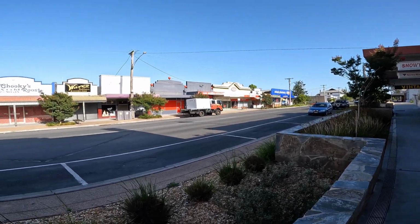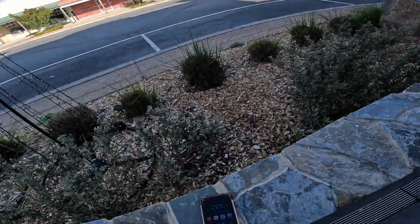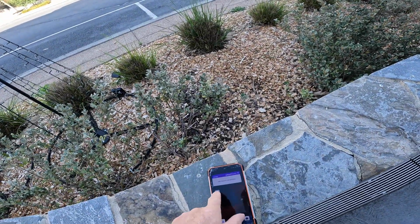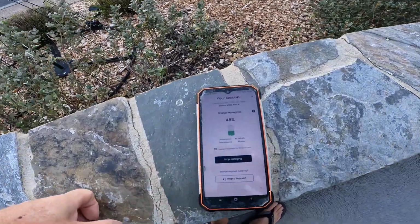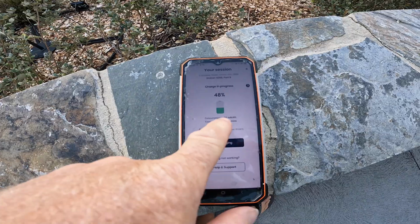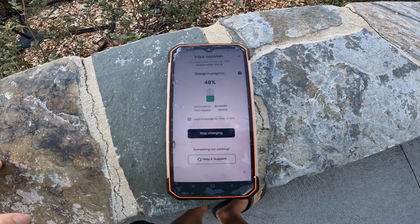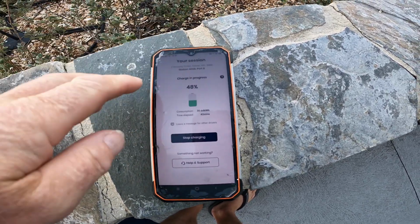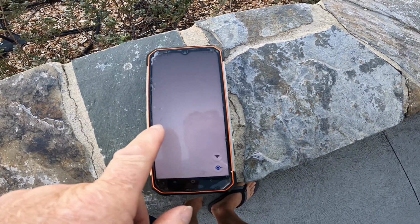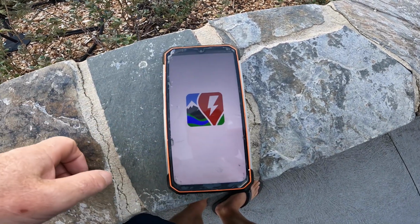I'll get the phone out and have a look here. So we're on ChargeFox. That's the only other thing you sort of got to remember, who you're charging with at that time. So we've got 48%. So we put 30 kilowatt hours in there in about 42 minutes. So that's what I was expecting. That'll be perfect enough to go to the next spot. I didn't even need that much, but this, as I said, this place is cheaper. So if I do this one here,